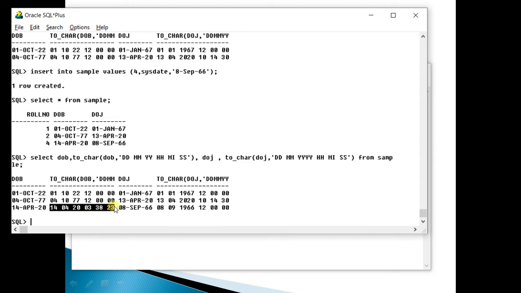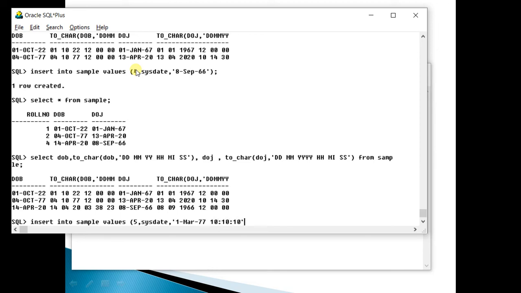Is this clear? Now, the next question arises. Suppose you want to enter a specified time along with this date, say 10 a.m. in the morning. Then what do you have to do? If you try to enter this time along with the date, see what will happen. 5, comma, again let us take sysdate, comma, 1 March 77, and you try to enter the time also, that is 10, 10, 10.